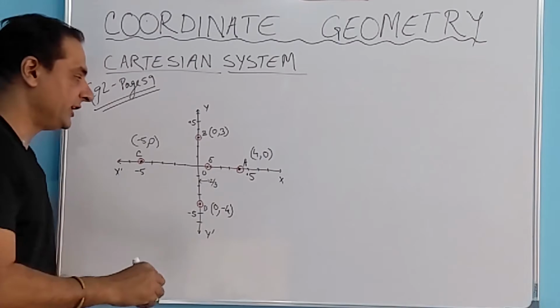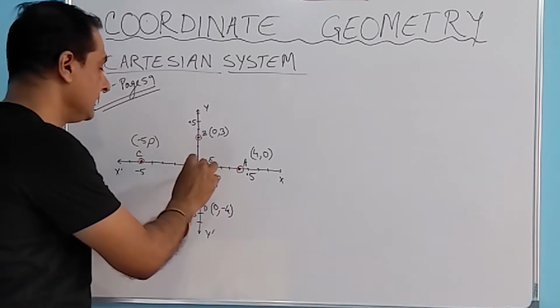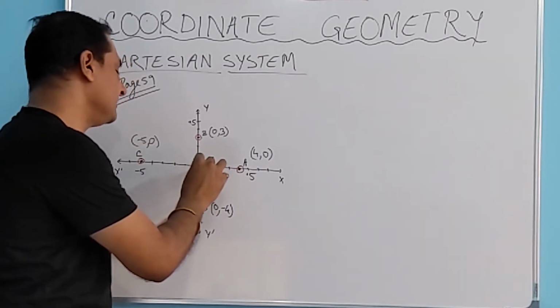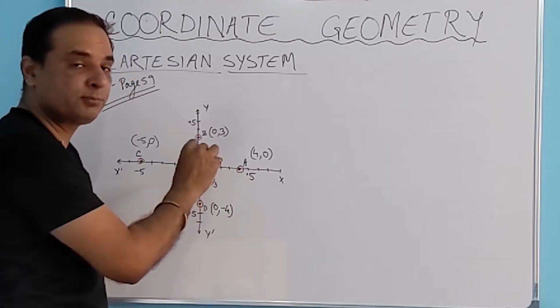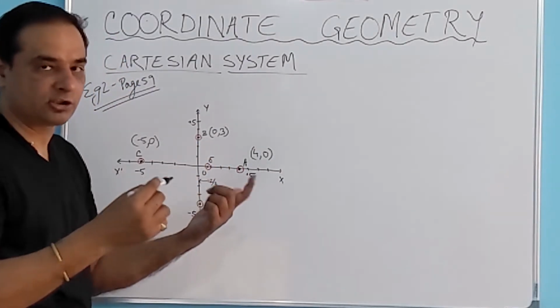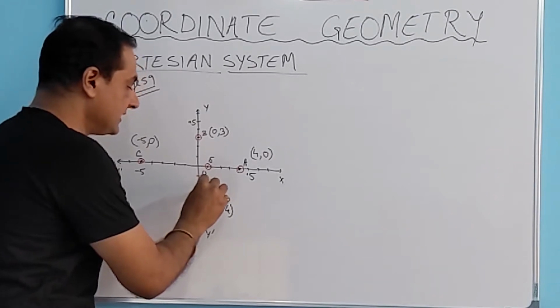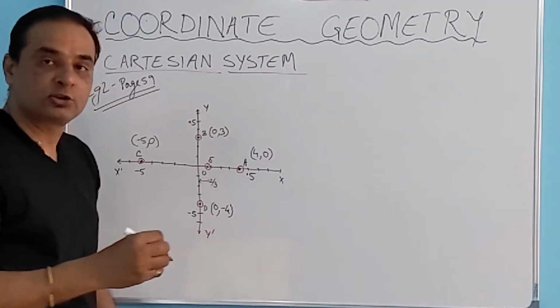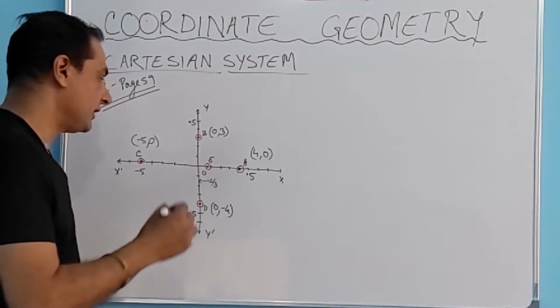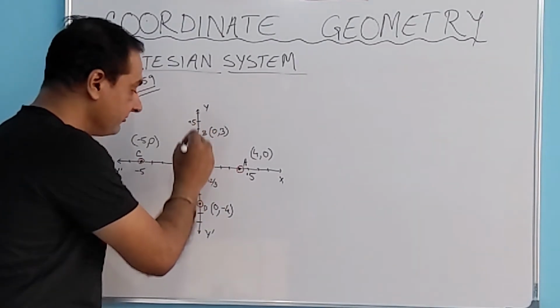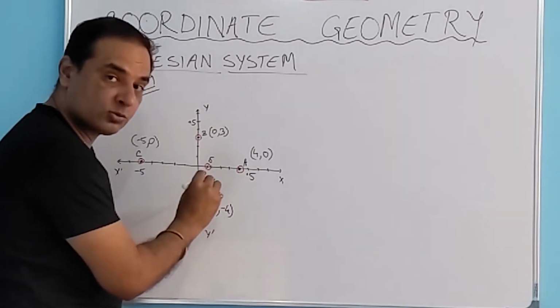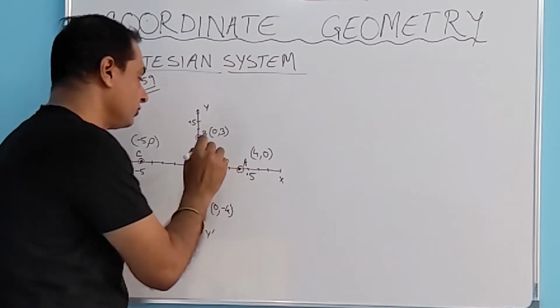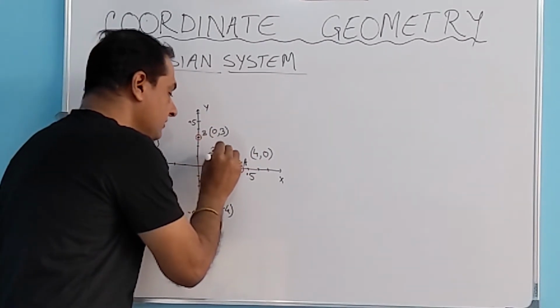Now if we look at point E, in the question it is given that the length of this distance is 2 by 3. So first of all, we are going to find out what is the x coordinate. So x coordinate is the distance from y axis, which is given as 2 by 3. It is in positive direction, so we are going to write 2 by 3 only, and comma.